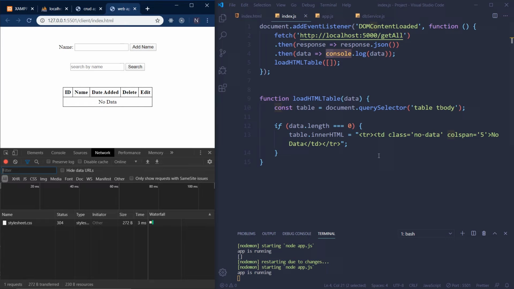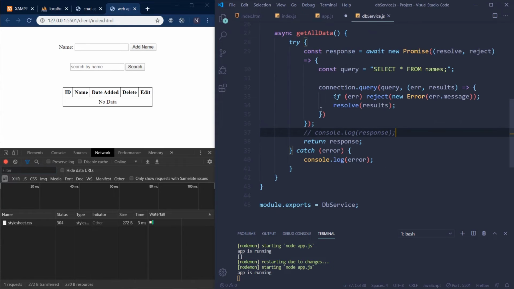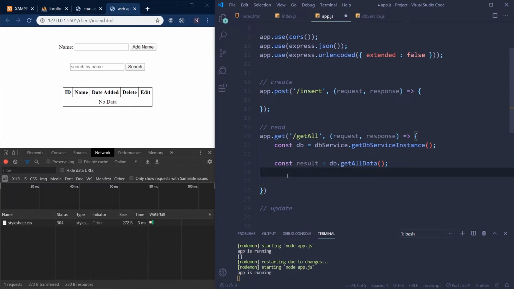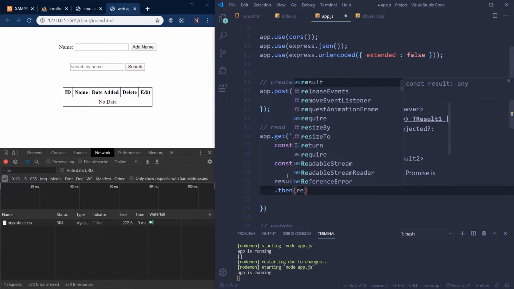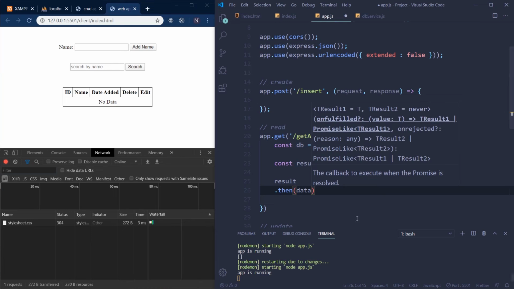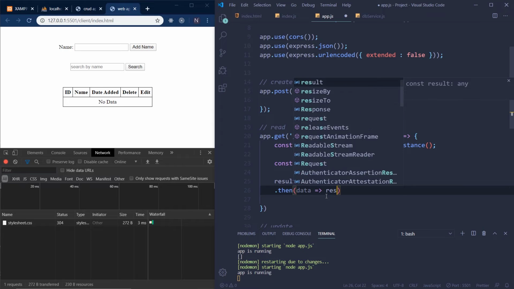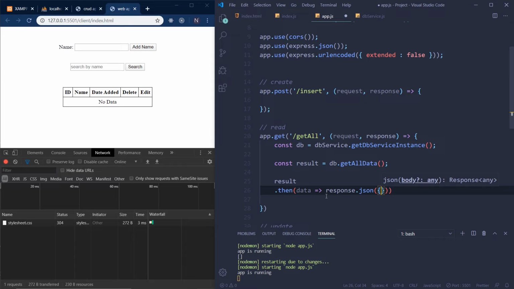result here. Oh, we won't be able to because we're not returning anything. So when you call this, it's actually going to return a promise, because we need to wait for this to finish. So here we'll say result.then, and then in our promise we're going to get the response back, and I'm not going to call this response because we have response up here. We'll just say some data, and then we're going to say response.json, and let's do data,